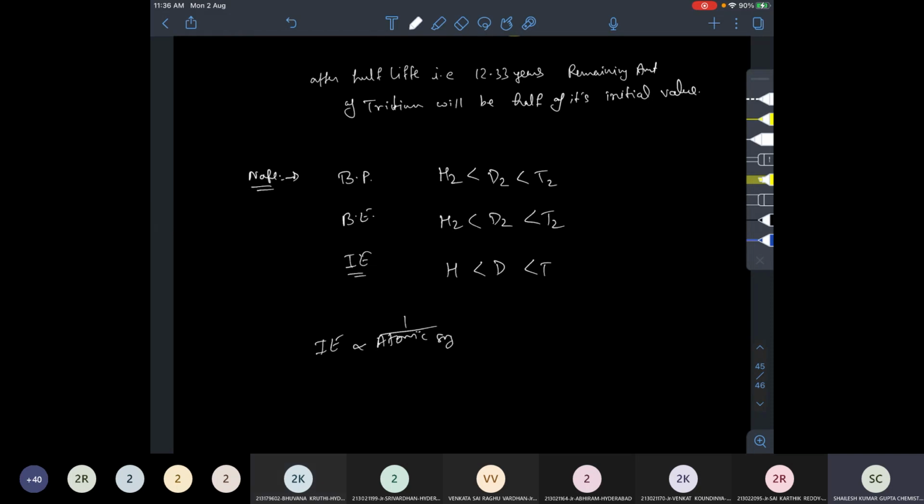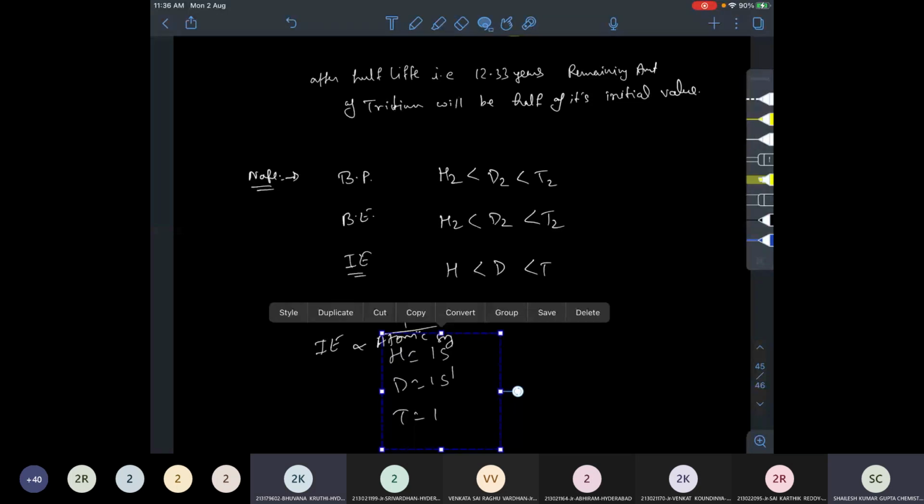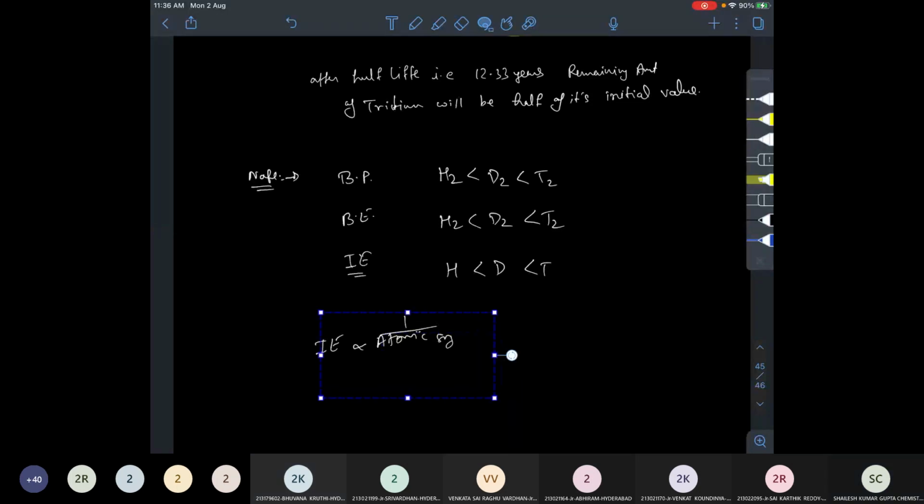Are these two atoms different? Both have the configuration 1s1. D has the configuration 1s1. T has too. Did I tell you about the length problem in the bond length? More nucleons are there, no, sir. Then attractions will be more. More nucleons, please understand. An electron is attracted by